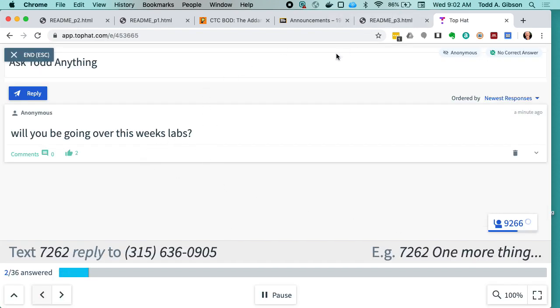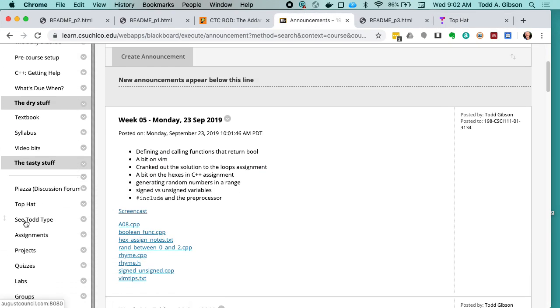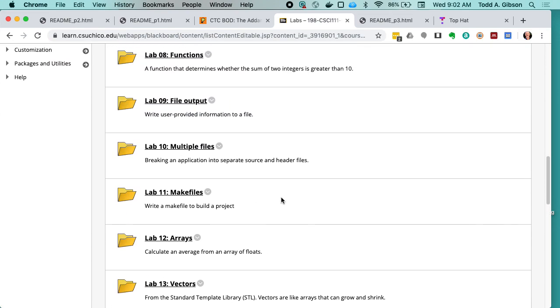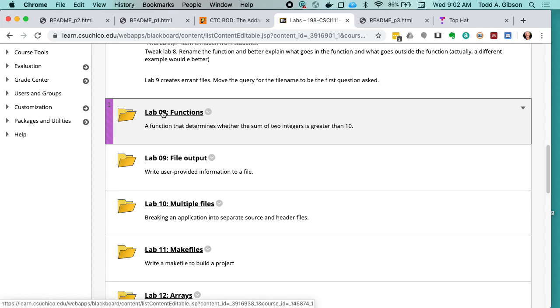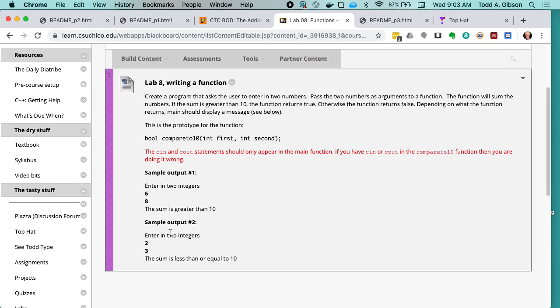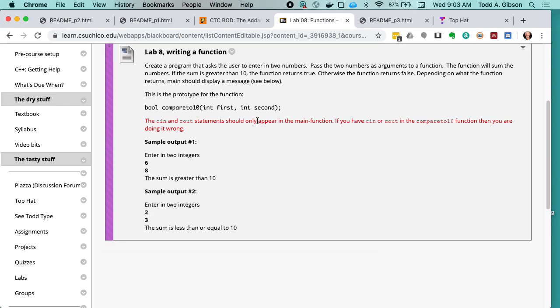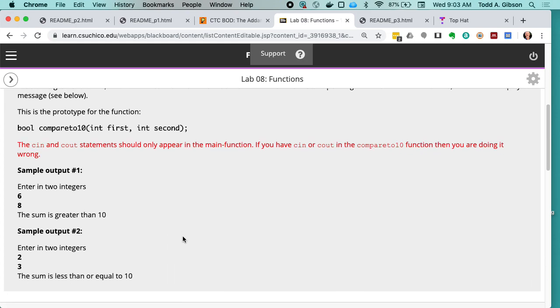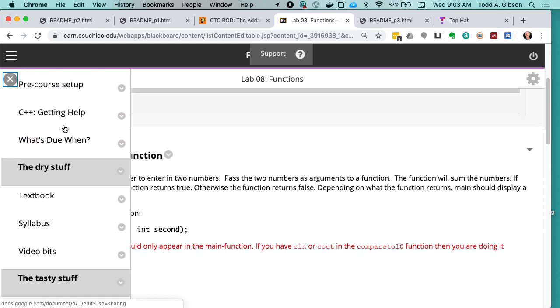All right, so this week's labs. What are they, 8 and 9? I'm not sure what to say. I can certainly talk about 9, since I don't think I have anything that I've done about 9 before. 8, I'm not sure what to say about writing a function other than one thing I can say about that is that